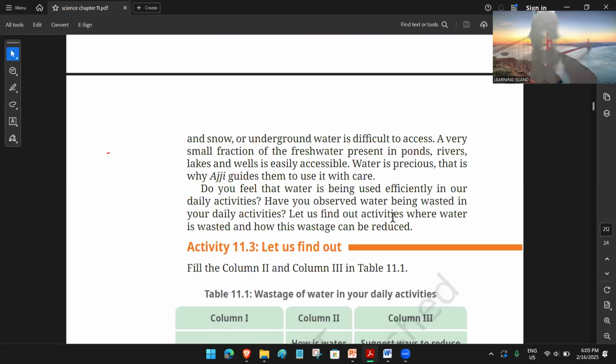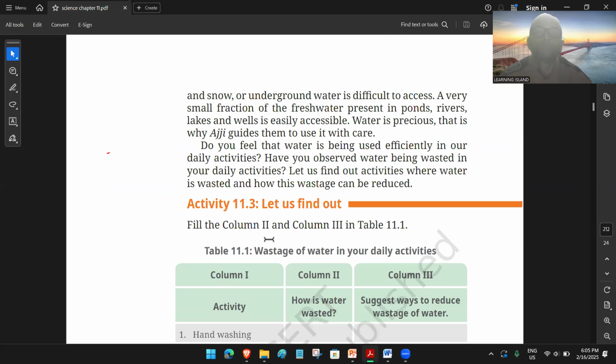Now जो फ्रेश वाटर इन द स्नो में मिलता है, underground water difficult to access, a very small fraction of fresh water present in the ponds, rivers and lakes। सही बात है, पॉन्ड्स में, तालाब में कहाँ फ्रेश वाटर मिलता है? गंदा वाटर मिलता है ना। Water is a precious, that is why।